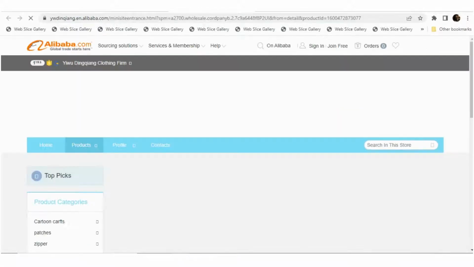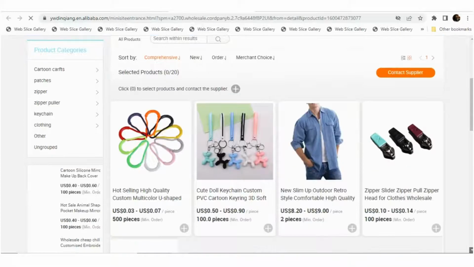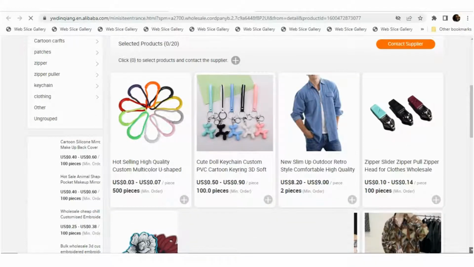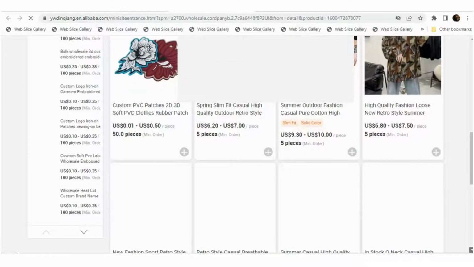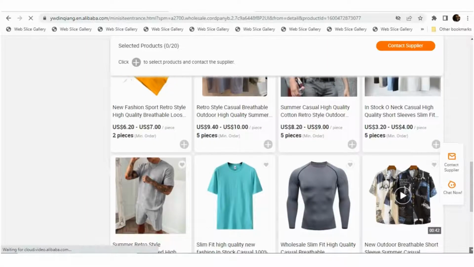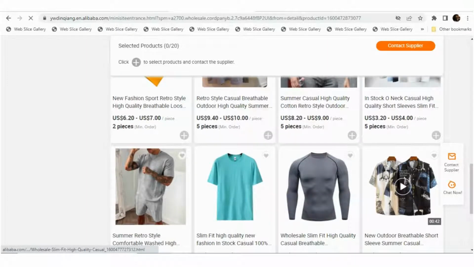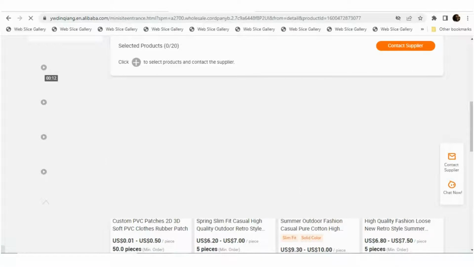Once you click, it will open a new window to give you a rundown of other products that are in that supplier's store or website. You can see they have your key rings, they have other types of jackets, shirts, summer t-shirts, you've got shorts, exercise, breathable shirts, and all the other products here. So you can always keep scrolling to see what else they have, just in case you want to order from